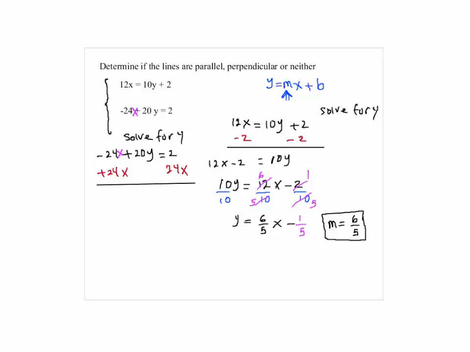So we have 20y is equal to 24x plus 2. Now we're going to solve for y by dividing each term by 20. So y would be equal to